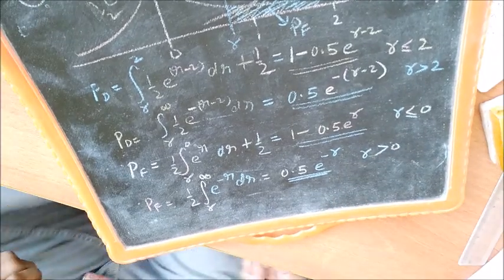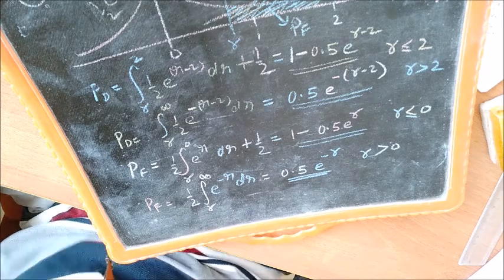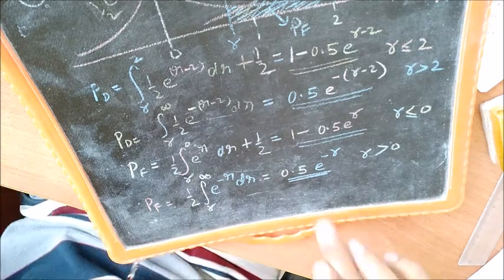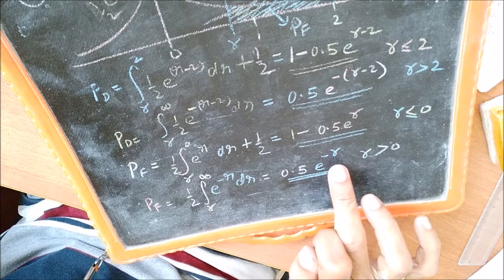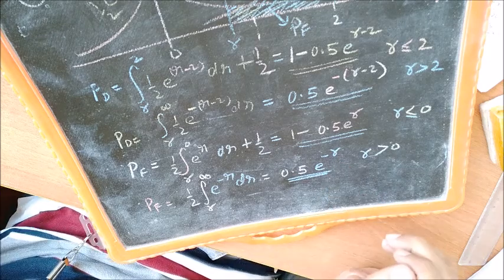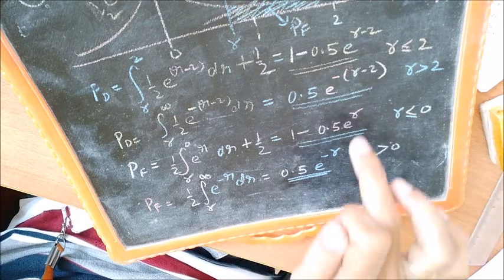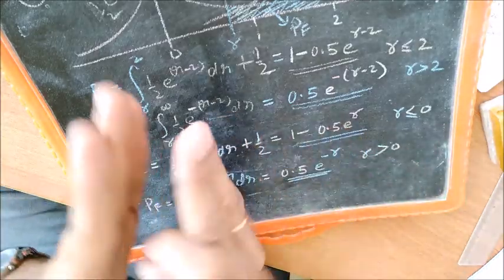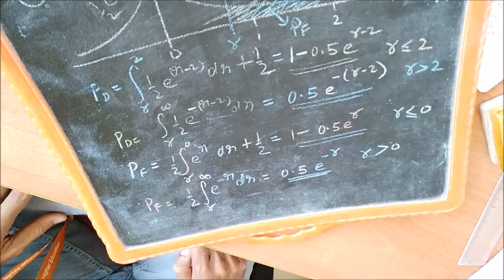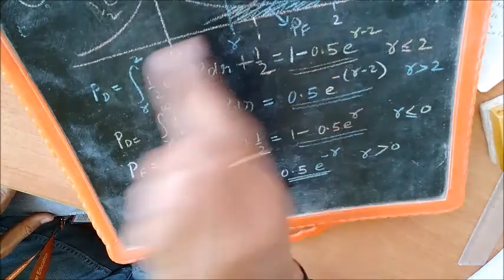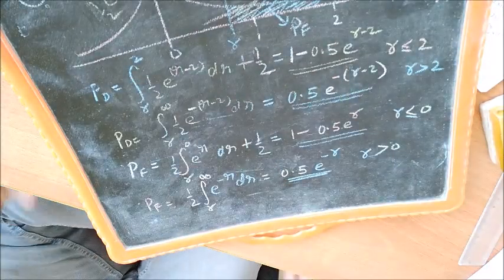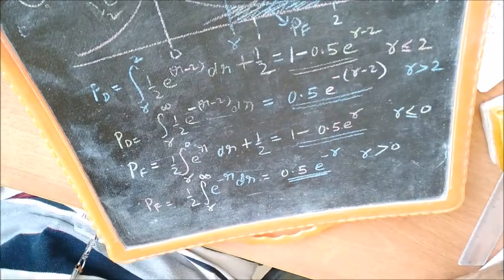So we have the probability of detection and the probability of false alarm. And you can see again here what happens when gamma is infinity, the probability of false alarm becomes 0. And if gamma is 0, you get 1 by 2 as you got it here, because gamma equal to 0 is the point where you cross over to either side of the density function. Right. So we have these expressions now with us.